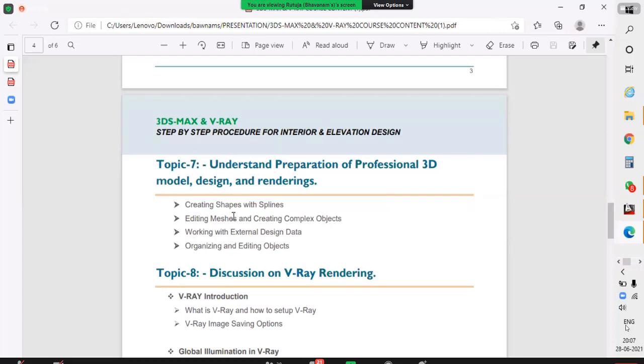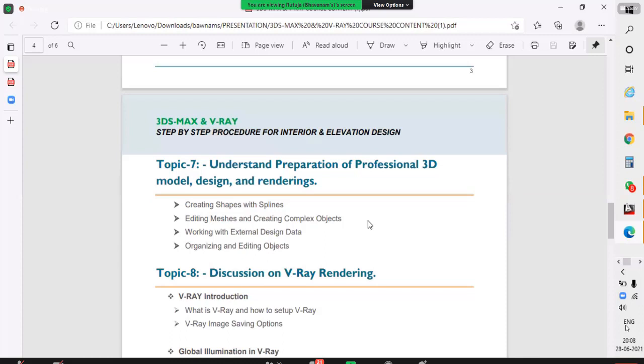We will tell in our classes. So editing meshes and creating complex objects. Okay, we will create the simple objects in our workshop, like the wall, the teapot and furniture. But how to edit meshes and create complex objects, then I will tell you.